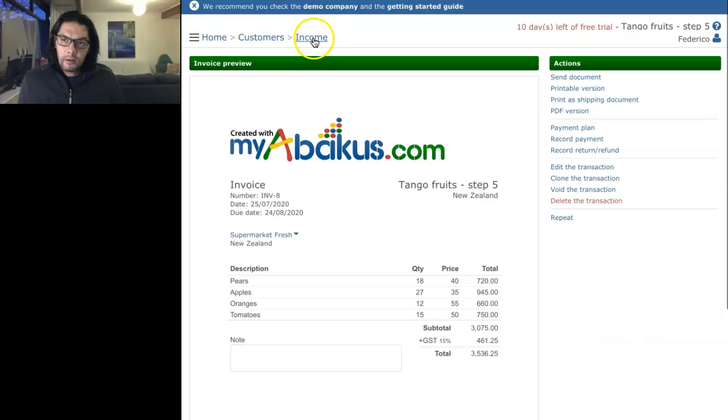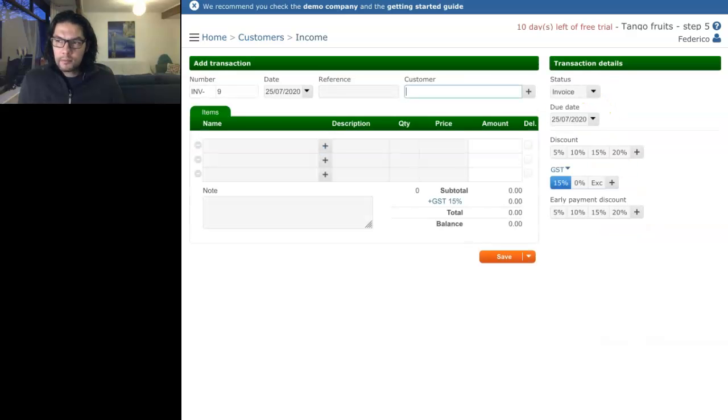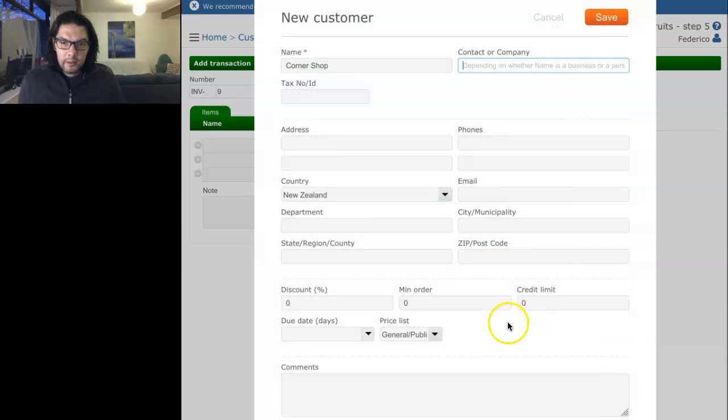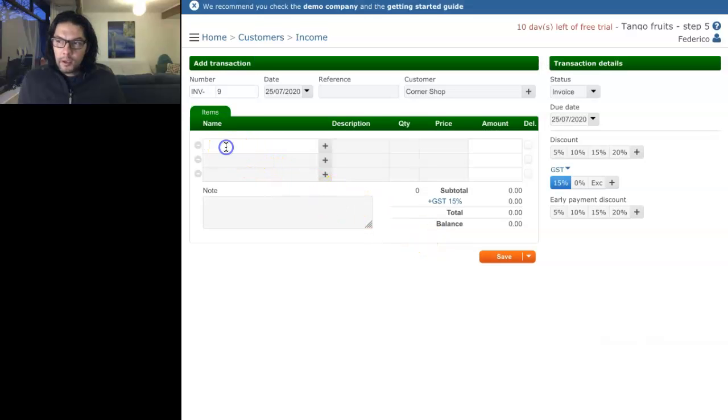Again, I'm gonna click here on income because the document is not so important. Now we've got 2 transactions. Let's do the last one. In this case, we're gonna call the customer, let's say the name is Corner Shop. We opened here because we need to select the third price list, which is a small retailer. We save, and here we're gonna say, let's say pears, 10 pears, apples,